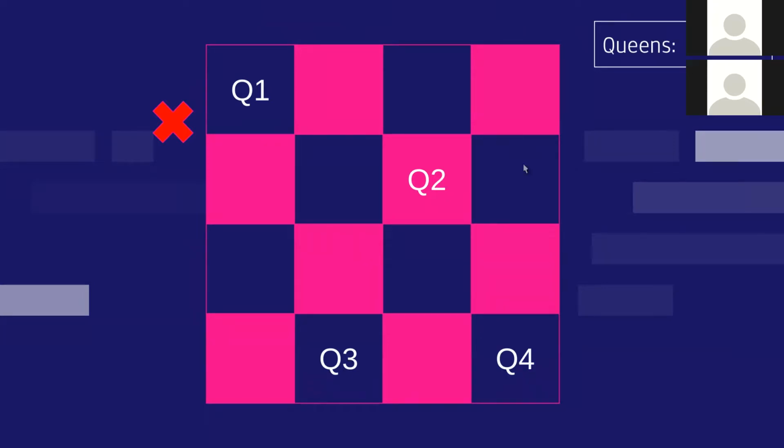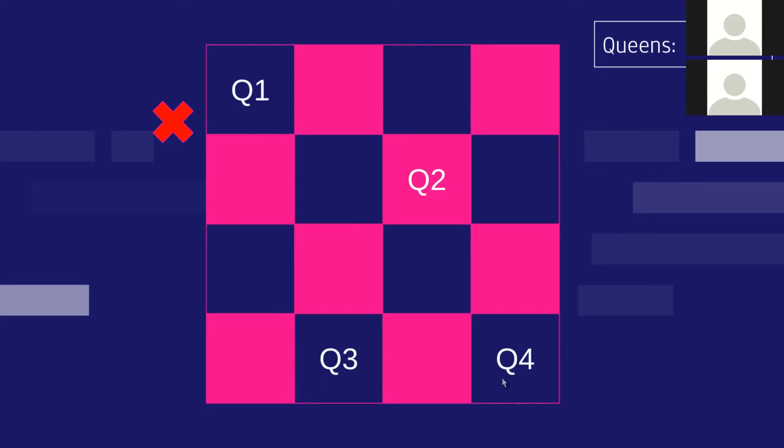We did not check the previous cells because we already tried them for q2 and q3, and it did not work, so q3 got this place. And furthermore, we are trying the leftover cells for q4, but even q3 is attacking those cells. So we cannot place 4 queens in this configuration. That is, when q1 is here and q2 is here and q3 is here, you cannot place a fourth queen.